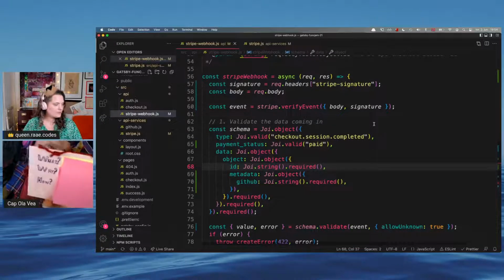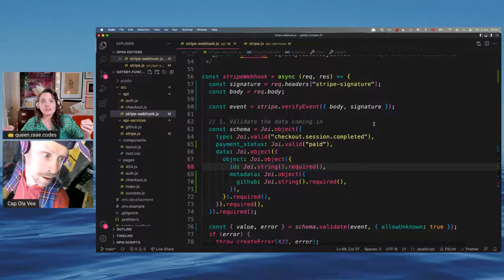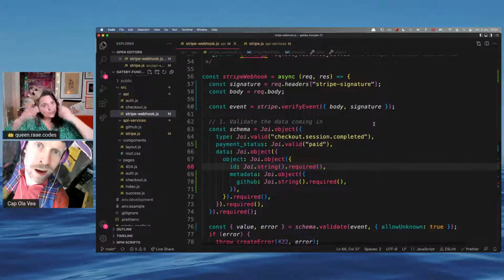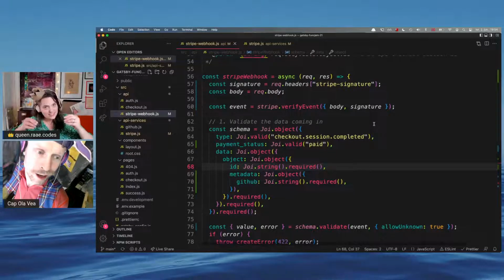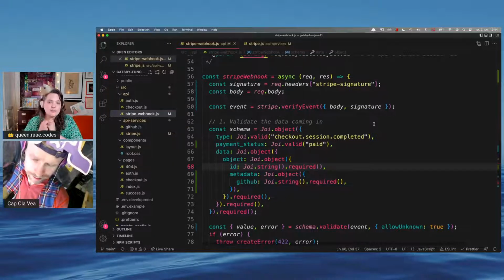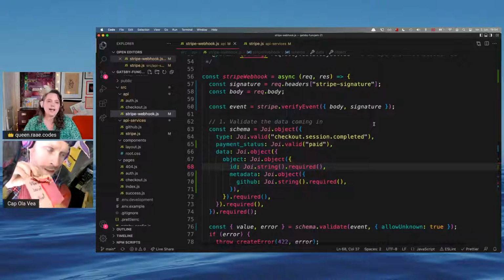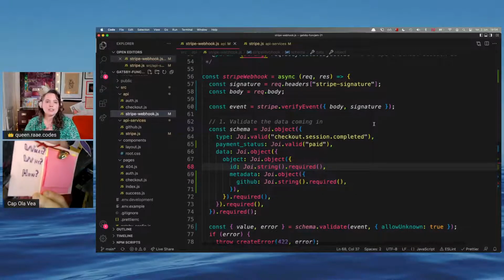I did what and why. I did why because we need to make sure that the data coming into our webhook is actually coming from Stripe, and the best way to do that is to ask the Stripe SDK to verify it and not try to do that ourselves. And the how is to use